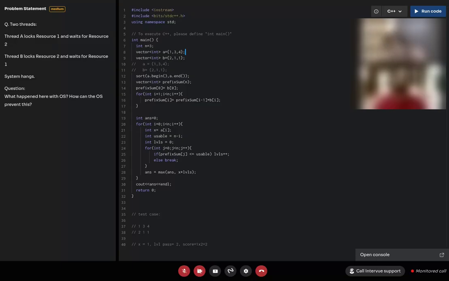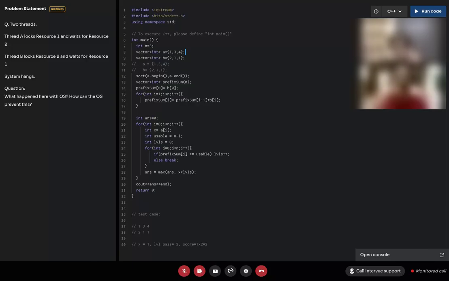I feel when thread A locks resource 1 and is waiting for resource 2, we can do a lock there that will assume a semaphore type thing, so that we can avoid this. Do you think a deadlock could occur here? A deadlock is already occurring, right?